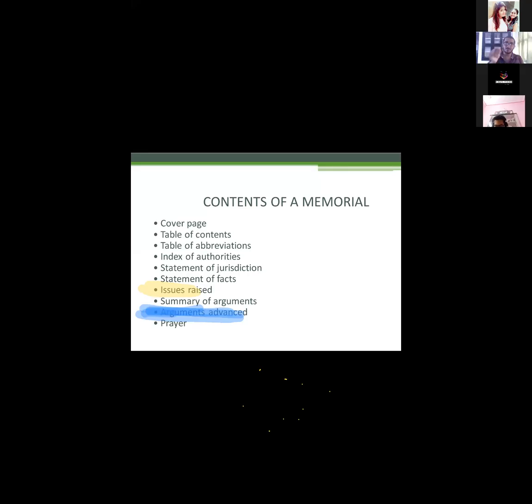After all the arguments, summing up, you're just pointing out in your prayer. Your prayer starts with: in light of the issues raised, arguments advanced, facts pleaded, this party most humbly pleads that. So it is the remedy that you're seeking from the court. So what should the court declare? The court may declare that,